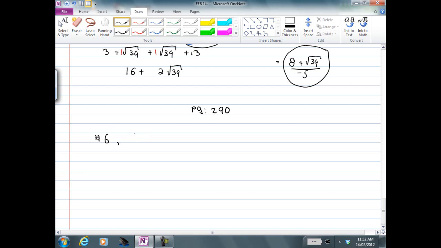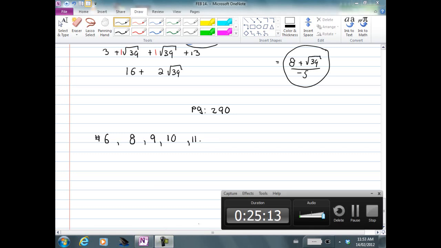8, 9, 10, and finally 11. After lunch, we're going to work on this some more, but you can get some time first, 20 to 30 minutes just on your own, practicing this over and over again. Guys, gals, this is how we divide radicals. It's always really multiplication, and that ends our